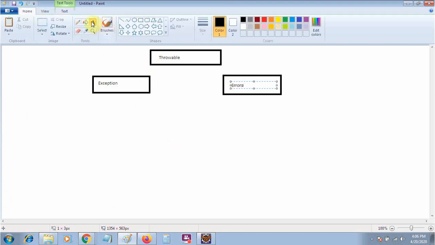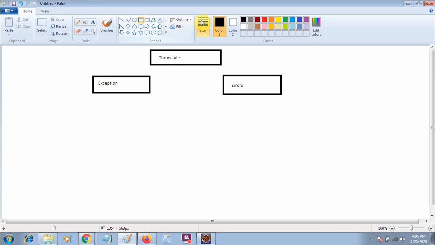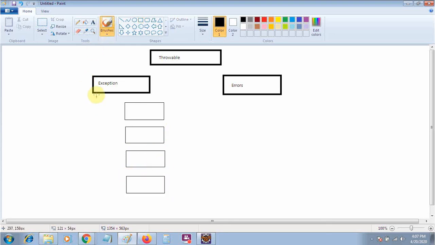Always remember, there are four kinds of exception. First, second, third, and fourth. Now there are four kinds of exception which are connected to them this way.